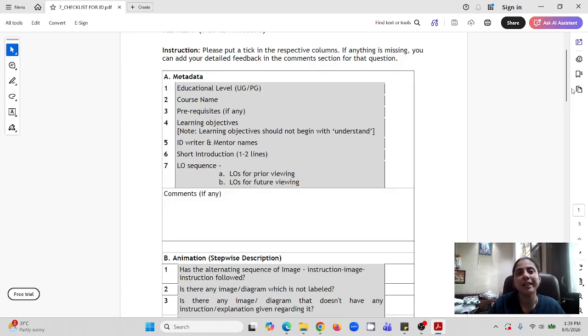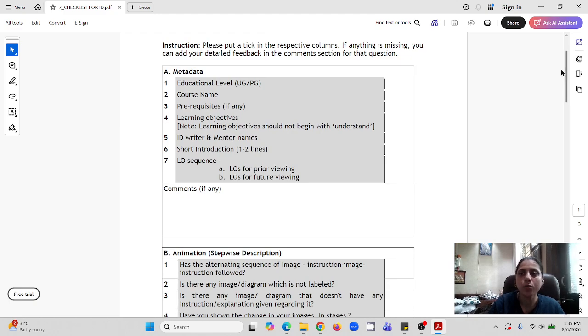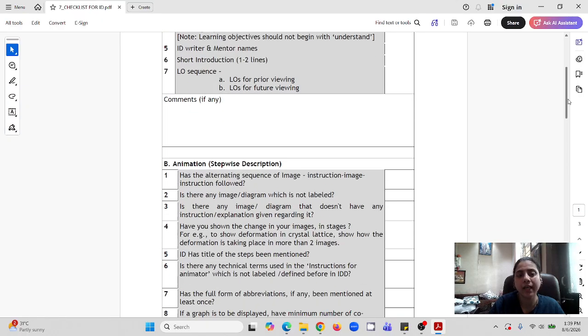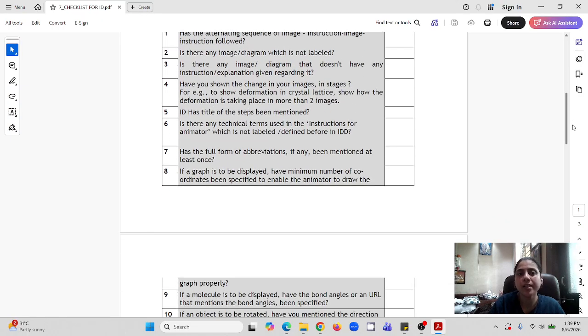So basically you're creating a timeline for them, timeline or a view line. Let's call it that. That's a much better word. So a view line for your audience, that is something that they don't need to worry about now. You are doing the job for them, right? So we covered metadata. Then, if you are creating an animation, then these are some things that you should look